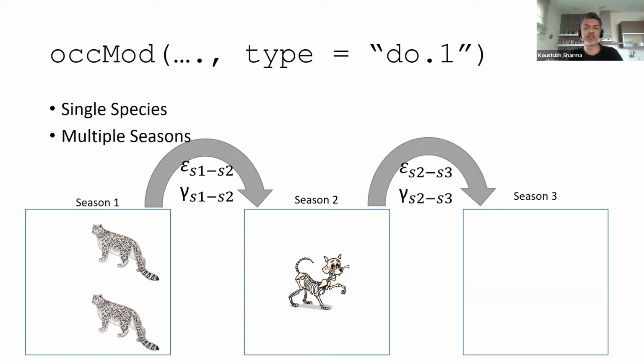Now, in this case, what has happened is between season 2 and season 3, something happened, and then a new snow leopard from another area got dispersed and started using it again. So now the site has undergone what we can call local colonization, with a certain probability of colonization. And in the first case, there was a certain probability with which local extinction had taken place. So that's how the dynamic occupancy model or multiple season model works.